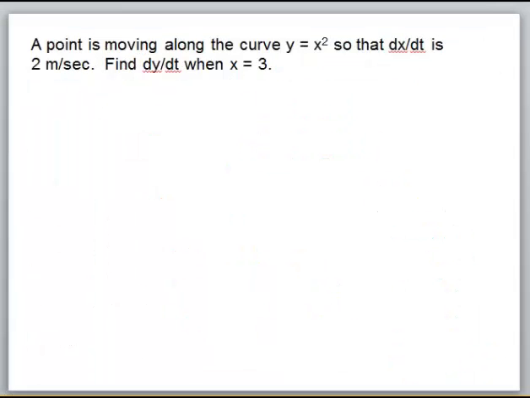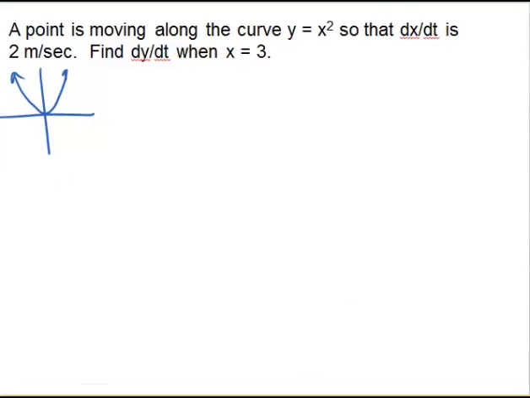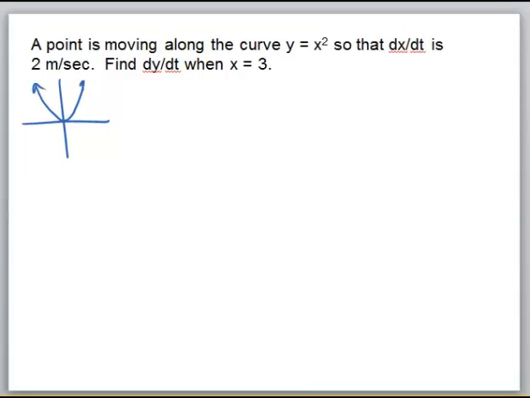In this next problem, it reads that we know that a point is moving along a curve, y equals x squared. We can draw a picture of that. It's really not necessary, but I will. So that dx over dt is 2 meters per second. We're supposed to find dy over dt when x is 3. This is flat out just right here for us. We know exactly